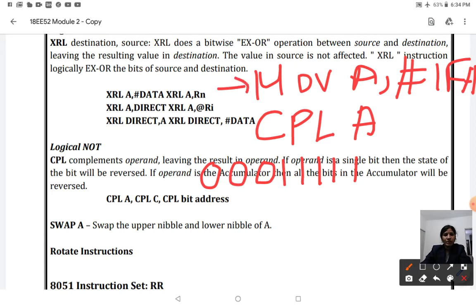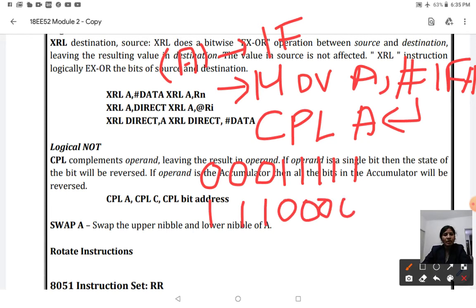After executing this particular instruction, the content of accumulator is going to be 1F. So soon after the execution of your second instruction, that is CPL A, which is nothing but complement accumulator, the content of accumulator is going to get complemented. It means that all zeros are going to become 1 and all ones are going to become 0.